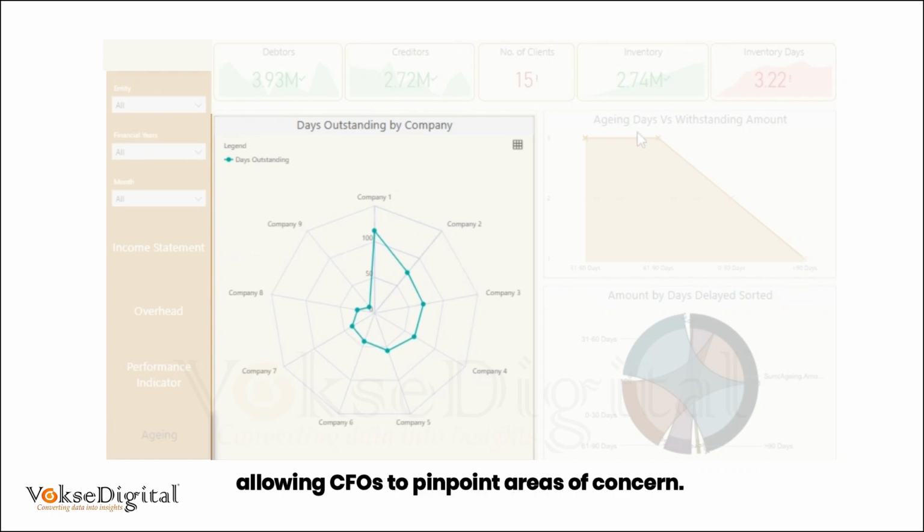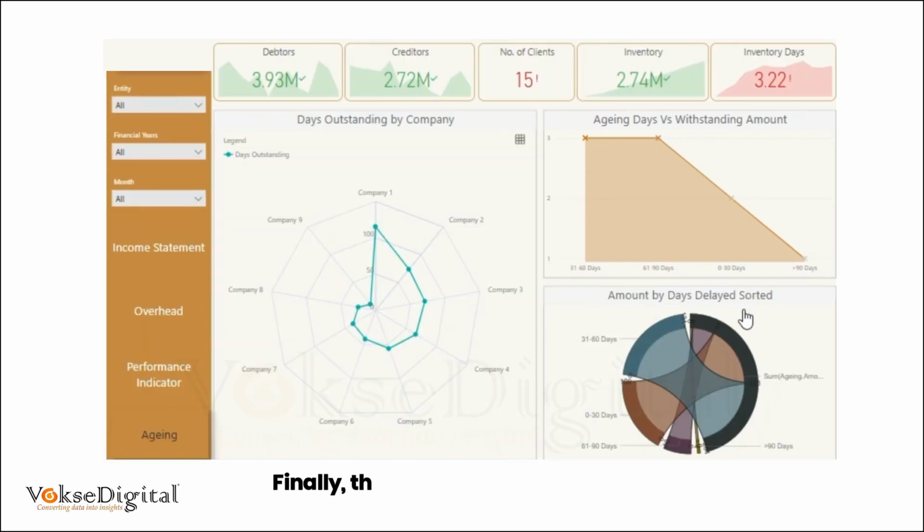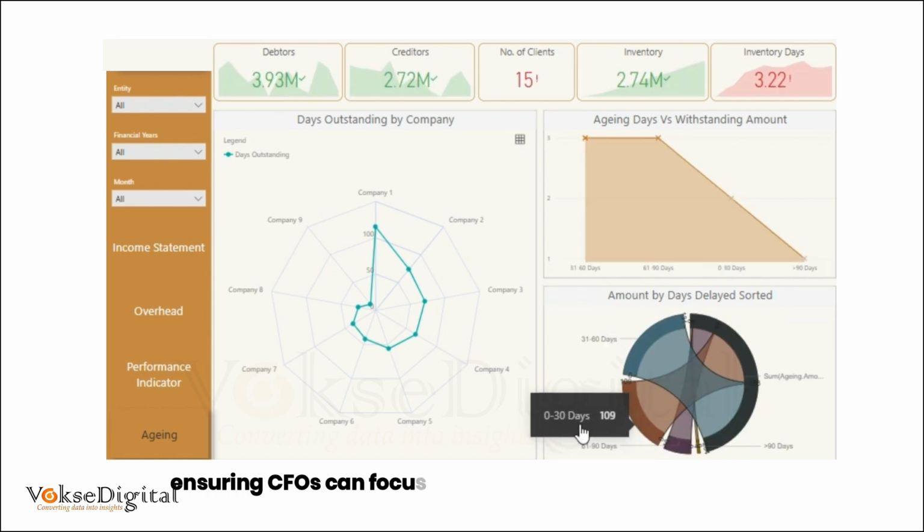pinpoint areas of concern. The aging days versus outstanding amount visualization categorizes outstanding balances into 30, 60, and 90-plus days, helping prioritize follow-ups on overdue payments. Finally, the amount by days delayed sorted chart breaks down receivables by delay periods, ensuring CFOs can focus on the